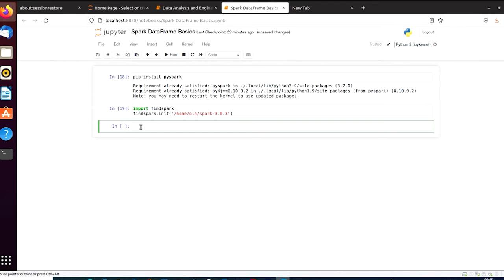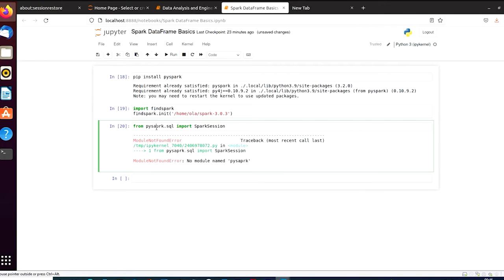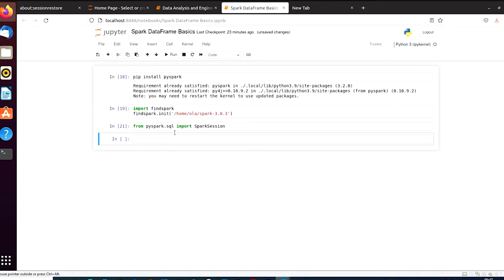Let's see our results. So next thing to do is from pyspark.sql import SparkSession. We need to import our SparkSession. Let's run that. Okay, there's a mistake here. So after running that, we have to get our Spark equals to SparkSession